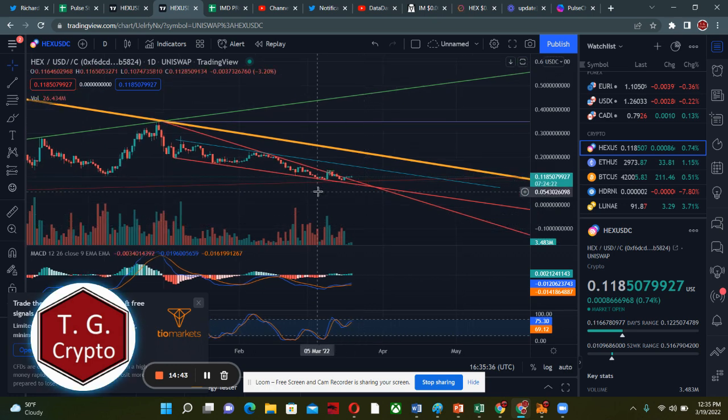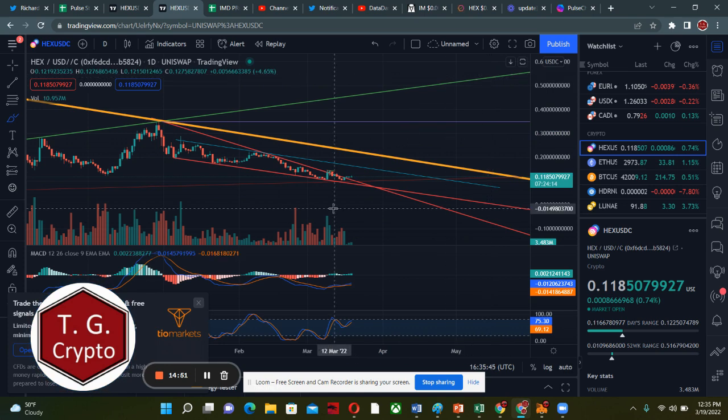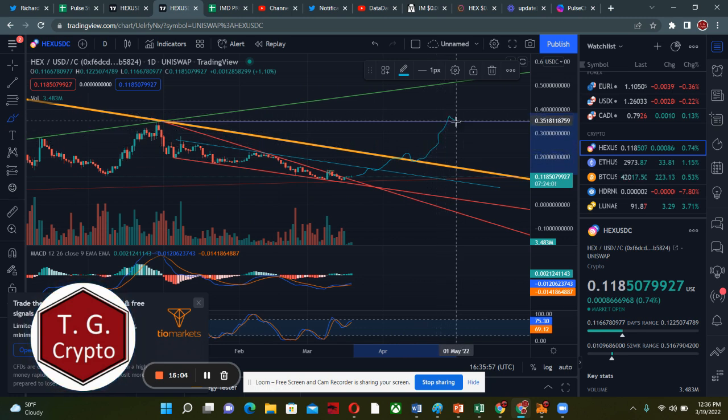So is there room for it to do funny things and start drawing itself up? Or let's delete that. But could it go up to this and then test this line of resistance and then break it? And then test this line, go up, and then come down, test it for support, and then start going up. And then, oh, down, we didn't like that. And then, oh, I mean, the market does funny things, little bullet flags, and then go up and test it again,